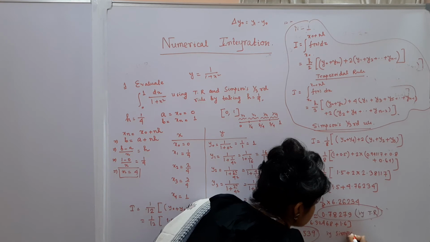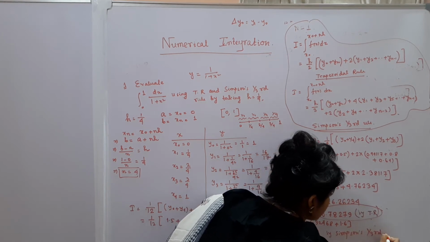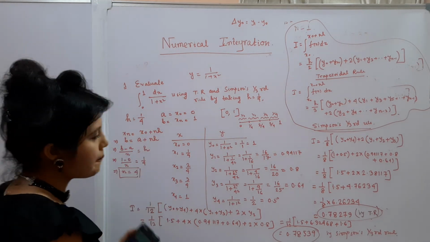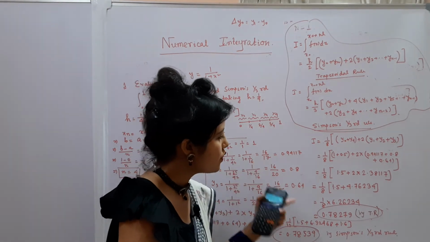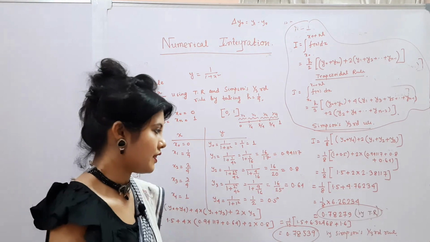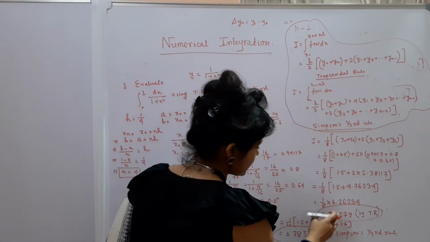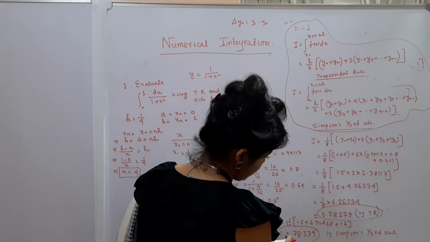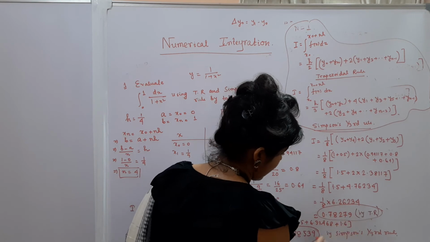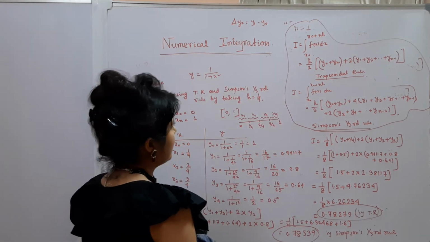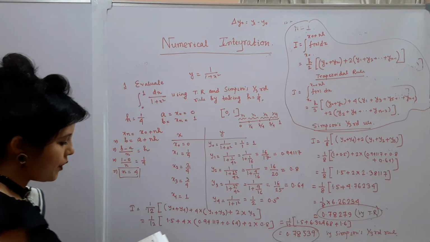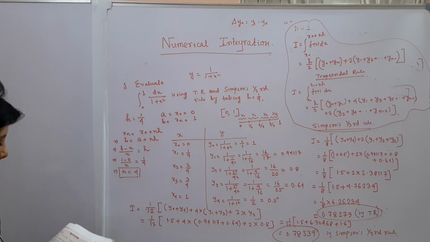This is Simpson's 1/3 rule. So I have computed the same problem by using two formulas, one is the trapezoidal rule and another is Simpson's 1/3 rule, and for both the cases up to two places it is the same, and then it is very slightly differing. Now the second part of this problem is, hence compute an approximate value of pi.